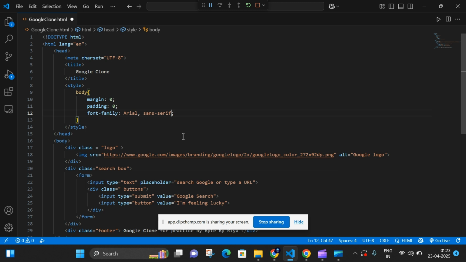I want to put this font. So this magic happens with the display property. We are using Flexbox, which is perfect for centering content both horizontally and vertically. Okay, so for that,